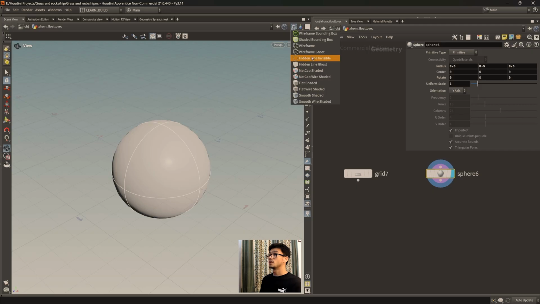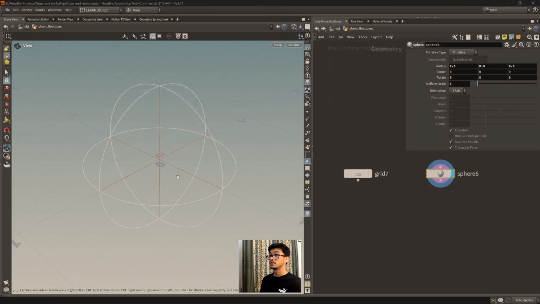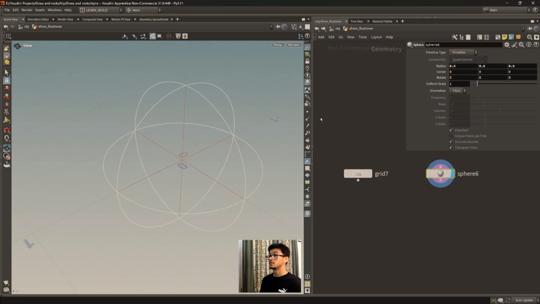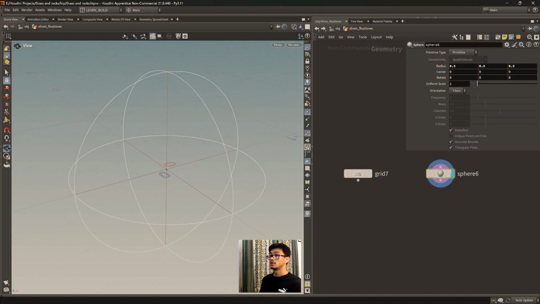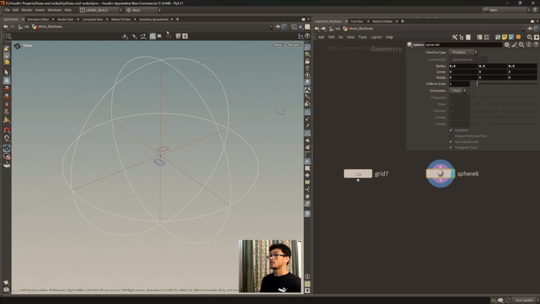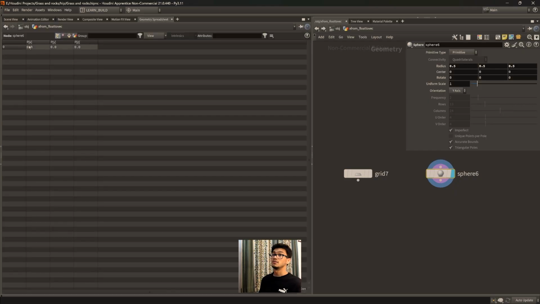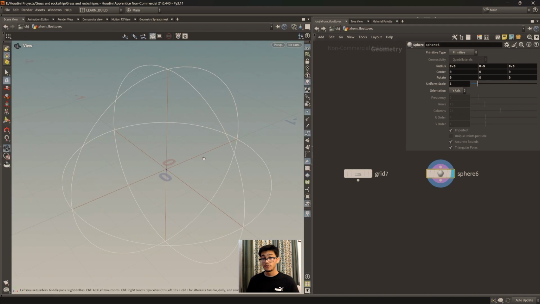Go to wireframe, and here you can see this is our radius. This is our radius, and we have a point location. Here you can see our point, and we have only one point, but no primitive, right? Go to the geometry spreadsheet, you would see only one point at the point level, and we have nothing. So what we have here is a point, its location, and a radius of this point. So Houdini is just saying that this point is located at this location and it has this radius,